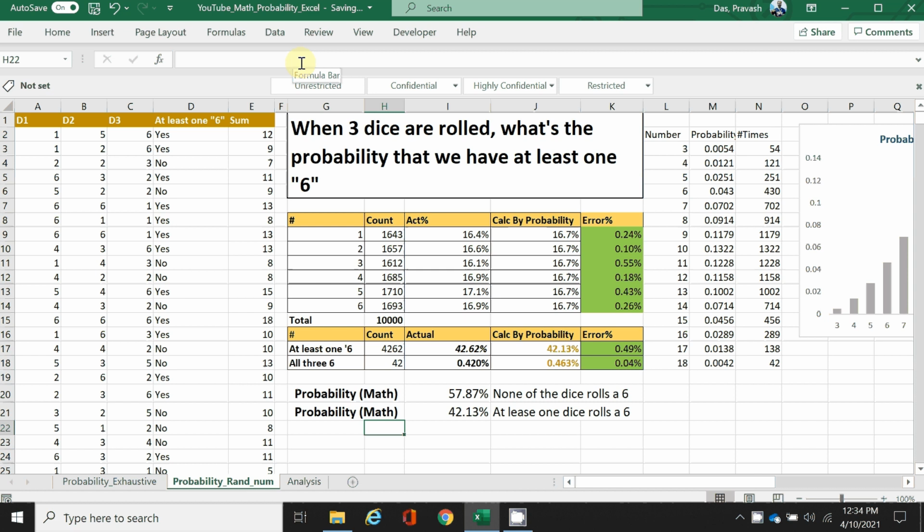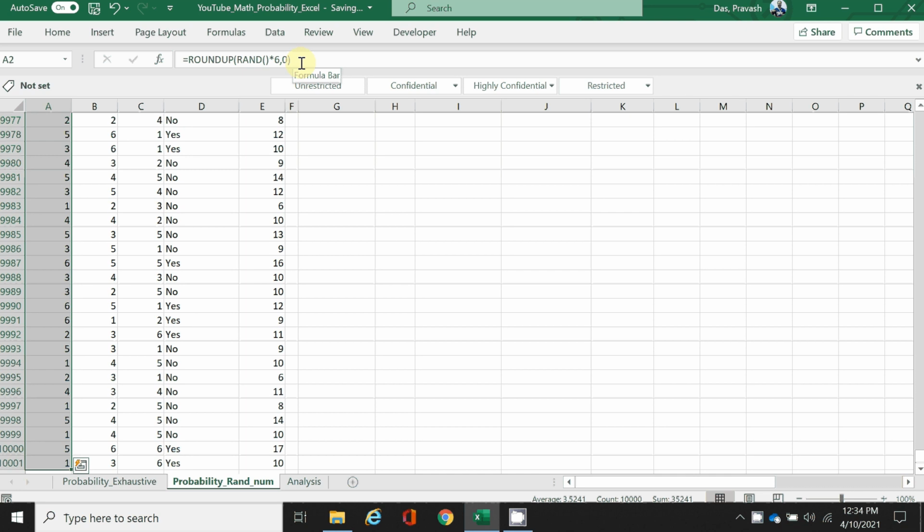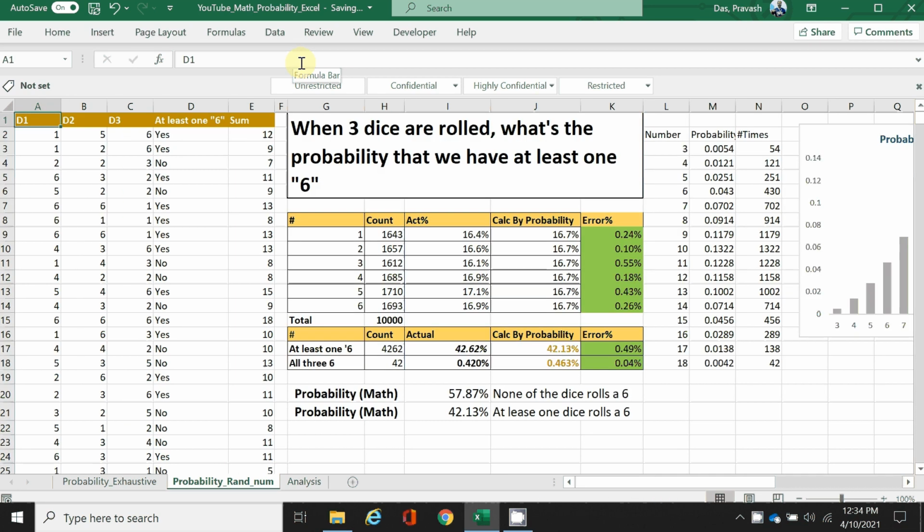So what I've done, I've used that function to generate 10,000 random numbers, all between 1 to 6. And I'm doing it thrice for D1, D2, D3. These are your three dice. So what we do is for each iteration, or for each occurrence, we see if there is a 6